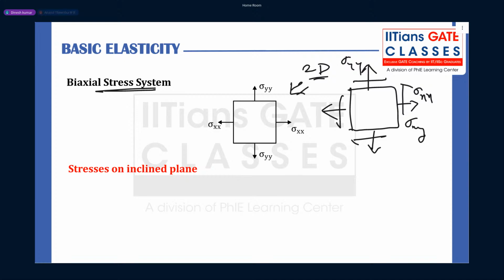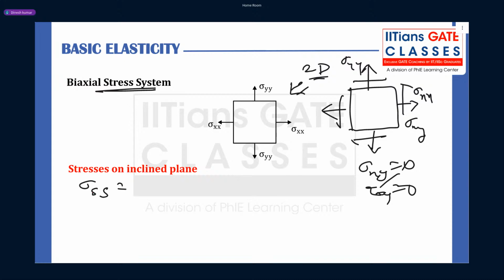Very good. Shear stress. Somebody was writing biaxial stress initially. Who was writing that? I don't remember. Okay. So now you understand, Gopal. What is the actual biaxial stress system? Clear? Because in case of biaxial stress system, your shear stress, sigma xy, or you can say tau xy, is zero. Right?